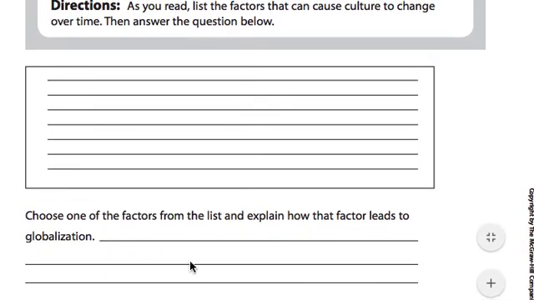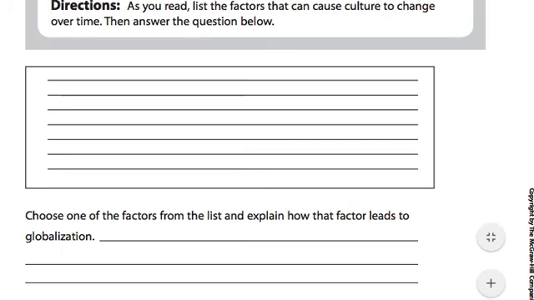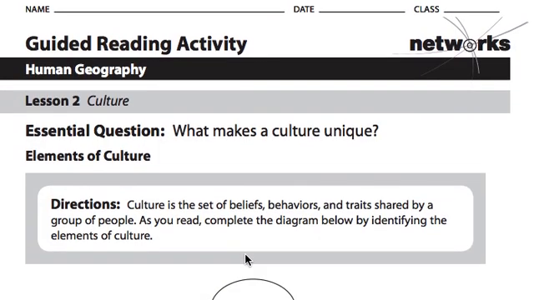Choose one of the factors from the list and explain how that factor leads to globalization. How would migration, people moving, lead to globalization? How would travel lead to globalization? How would trade and the economic activity lead to globalization? All those factors that are listed here and in your reading can be used to answer not only this first portion, to list those factors, but then to answer this question and identify that you have read and learned that section. Lastly, take care of